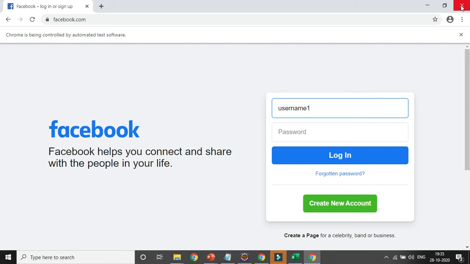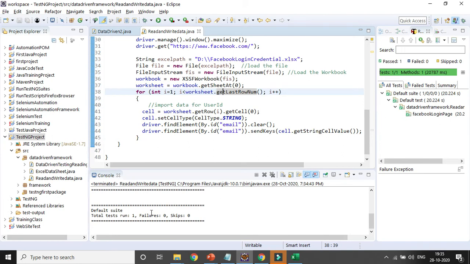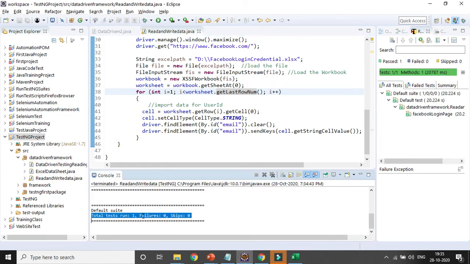Okay, only one value is entering here. So here you can see run is 1, right? The other value is not getting entered here. Okay, so I will create the full suite, after that you can see.